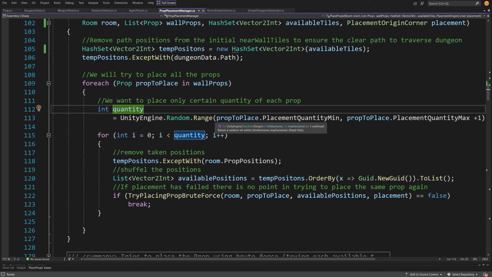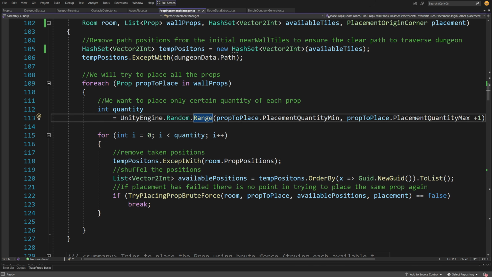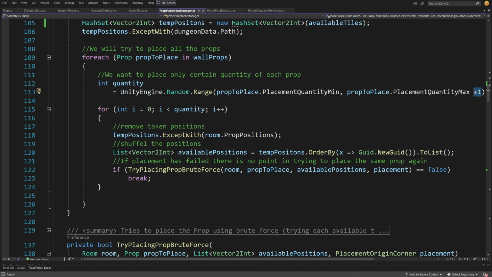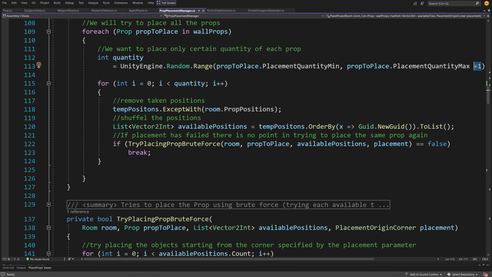We are using the random range method, and we are going to pass the prop to place, so the scriptable object placement quantity min and placement quantity max. Since this takes in range of minimum is inclusive but max is exclusive, I'm adding here +1 to include the max limit. And next we are using a for loop for i equals 0, i less than quantity, and this is